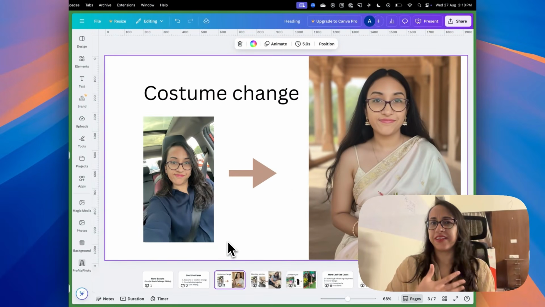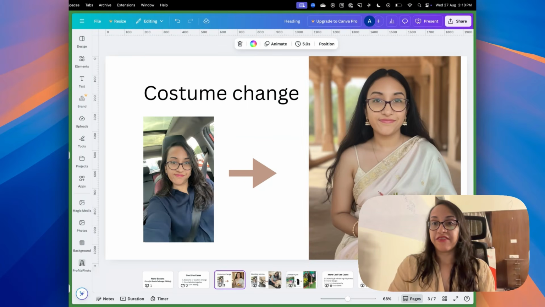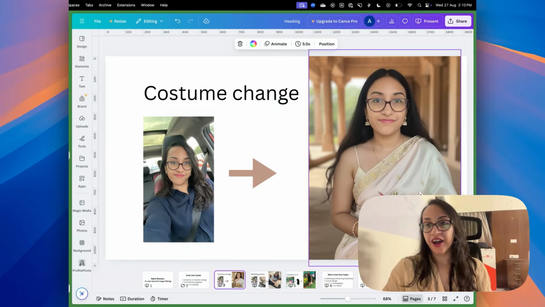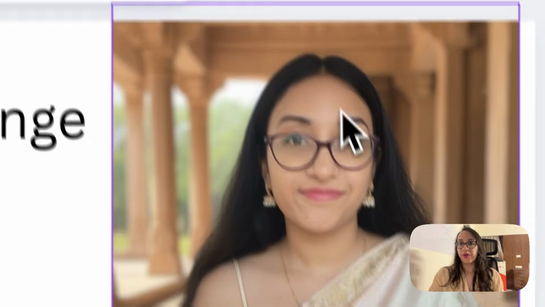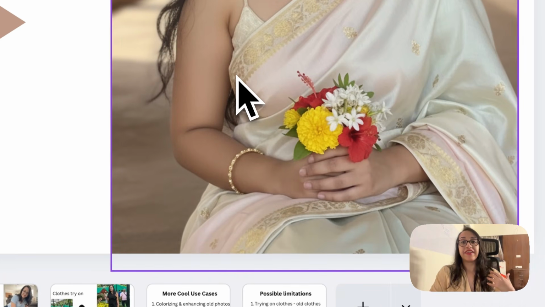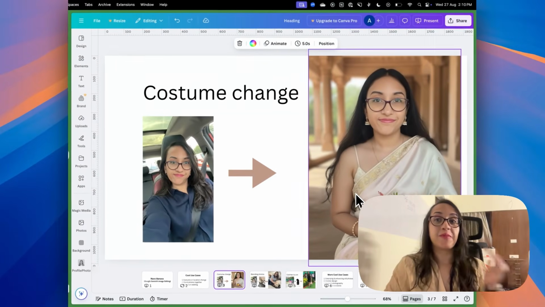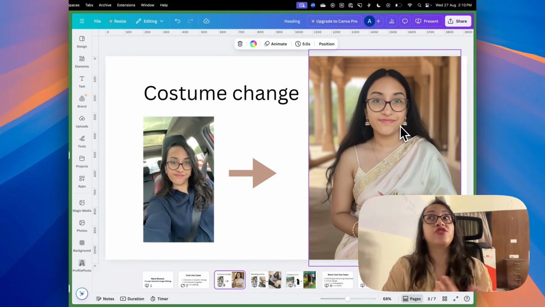So, this is one image that I clicked just a few days back sitting in my car with my seatbelt on, and this is the image that I created. I gave the prompt, make me look like a princess in the Ramayana and holding flowers, and this is what I got. Let's take a closer look. My face looks like how it does in real life, although it's a little bit Ramayanized, I guess, like with the center parting and all that. Wearing a sari, holding some flowers, it definitely is giving Indian princess vibes from the medieval era. Gemini, or should I say Nano Banana, has done a great job.